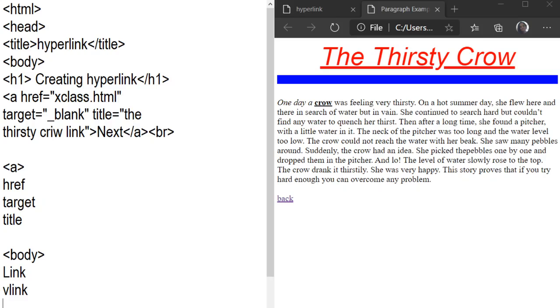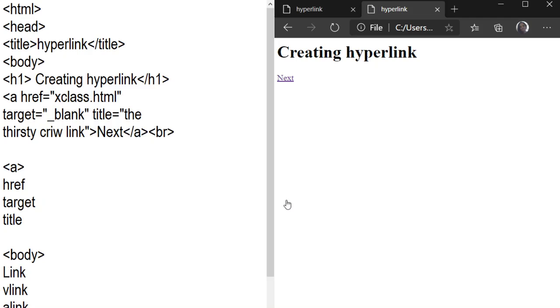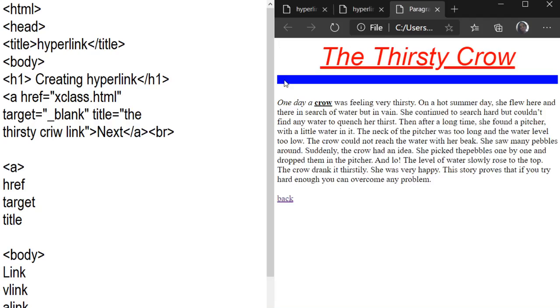And the third one is alink. This is called active link, and by default the active link is red. You can see here this is your visited link, in purple color. When you click, the active link is red, and your link when shown for the first time will display in blue color.